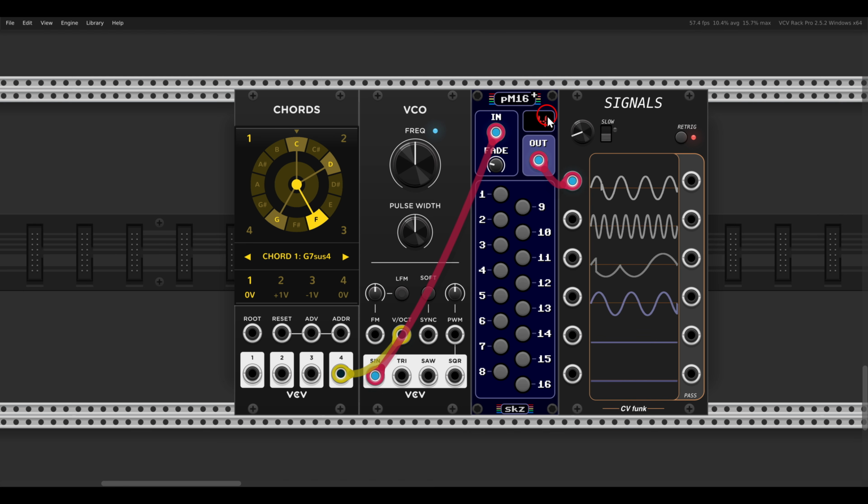In this case, we can mute and solo individual channels in a polyphonic signal. So here again, I have 4-note chords. I can mute the different channels individually, or if you right-click the buttons, you can also solo them. So this can also be quite